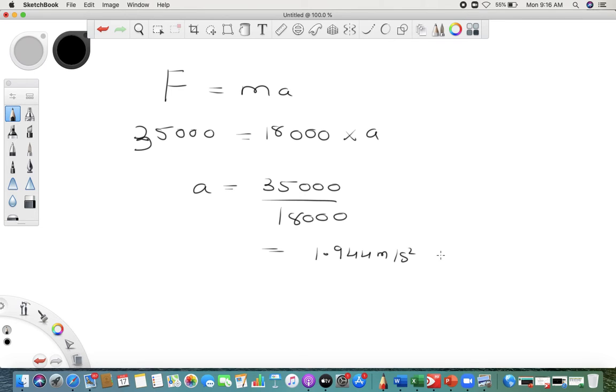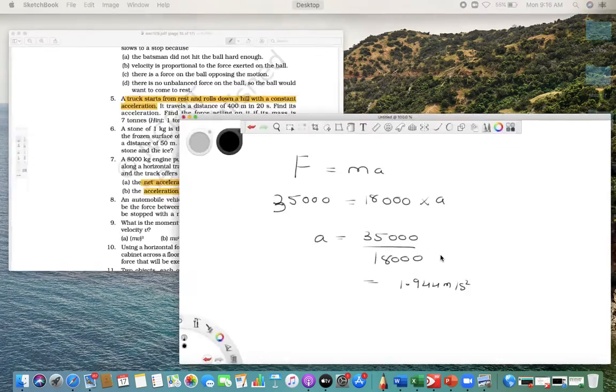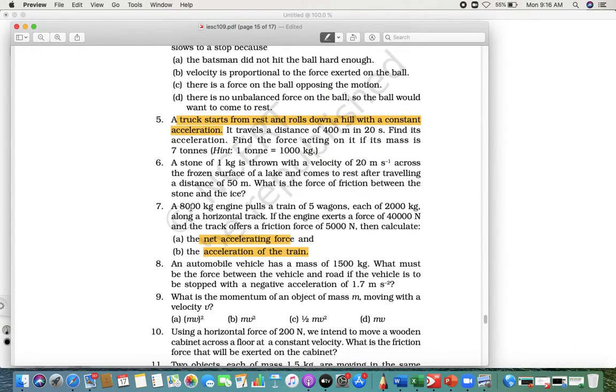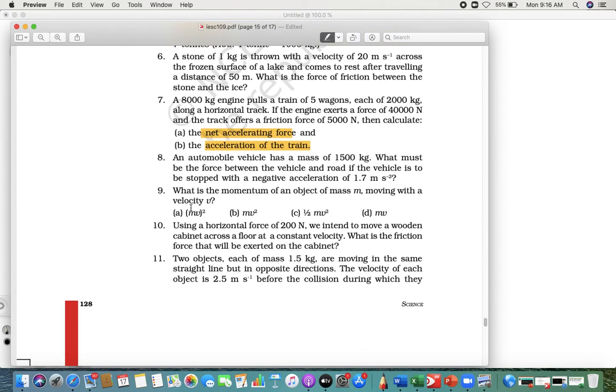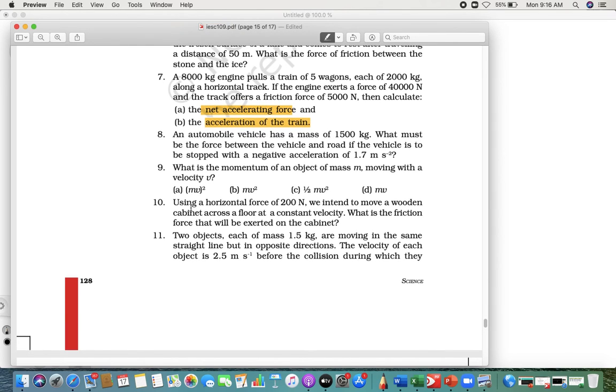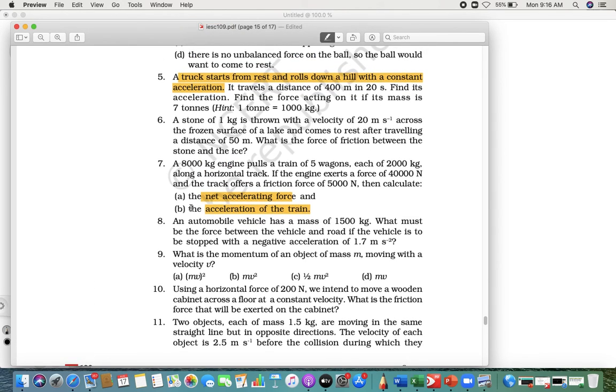So we learned two word problems. The first thing I said is F is equal to ma, right? So there are three word problems we did so far, 6, 7 and 8. I want you to try the 11th question, and see if you get it. Then we'll go to the next one. Fine?